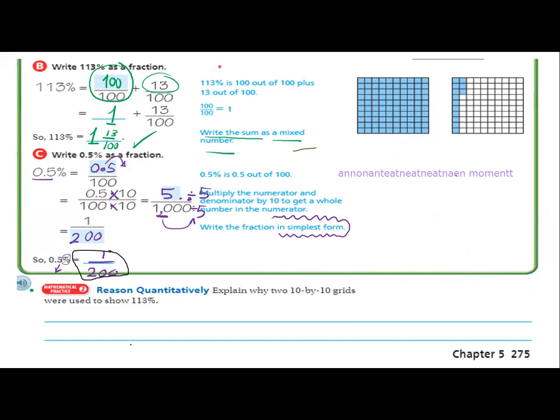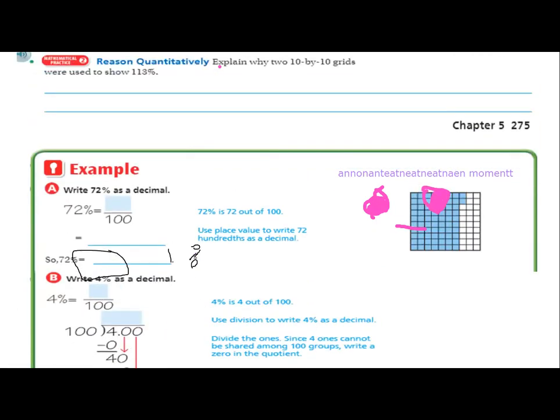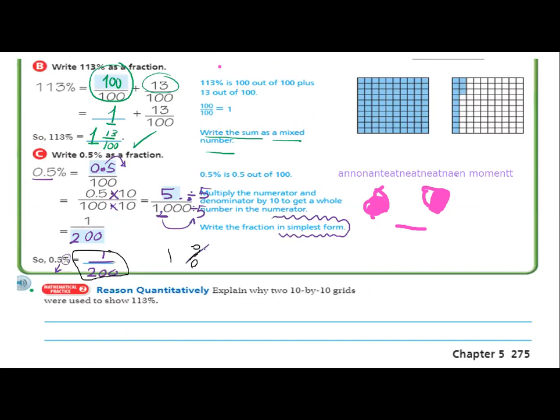If I want it as a percent... Fahd, please stop handwriting. Look, 1 over 200, if you want it as a percent, you will study this way with me, inshallah,